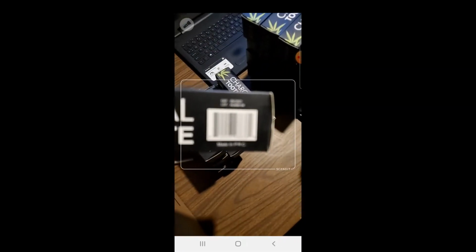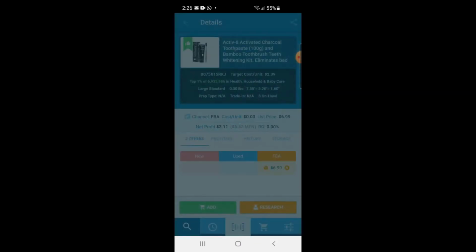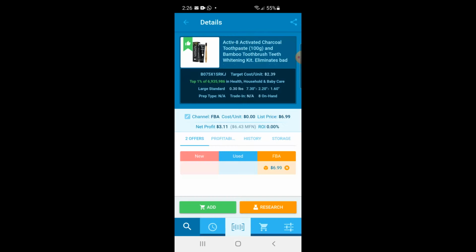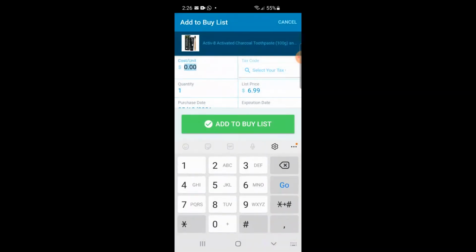Okay guys, here we are using the Scoutify app, scanning in one of these things of toothpaste. So the Scoutify app helps out a lot. As you can see, it's going to give me all the information that I need from that product, allows me to create a buy list, and then I just add in all the info about that product into the buy